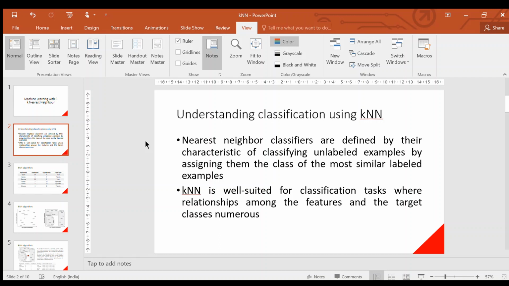What it does is first identify the labels from the training data, tries to match the characteristics similar to those of the training data, and then assigns a label accordingly.